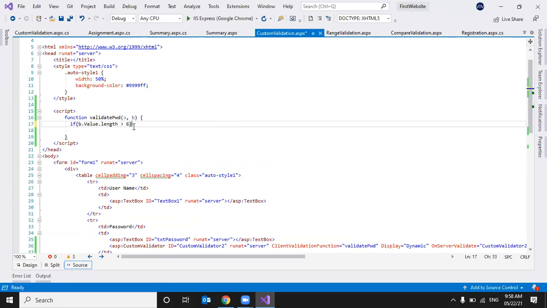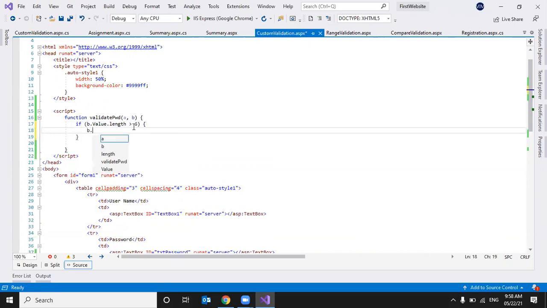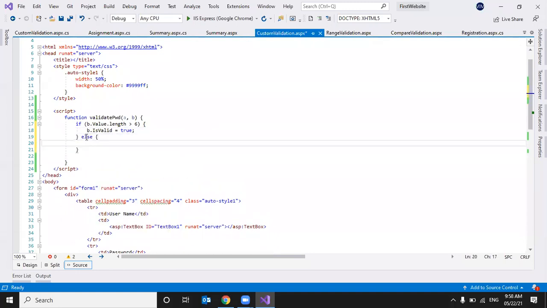If it is greater than 6, then we set B dot is valid to true. Else, we set B dot is valid to false. Right? This is the custom validation function.